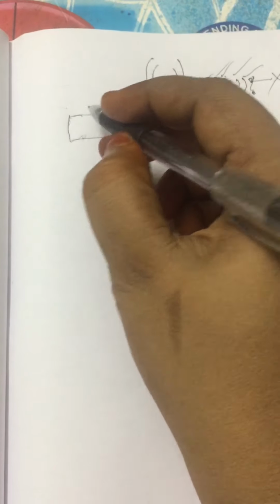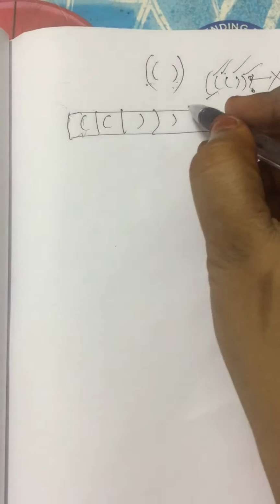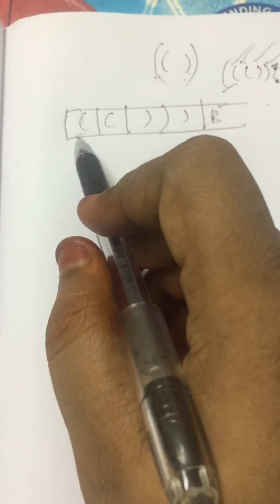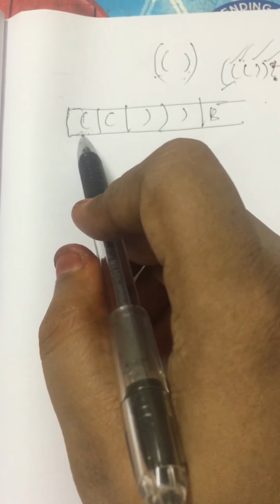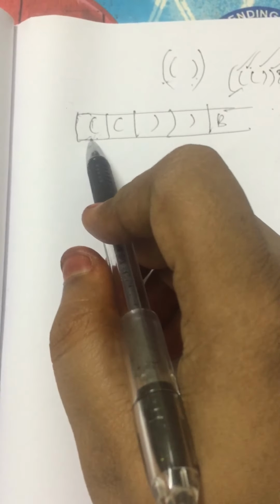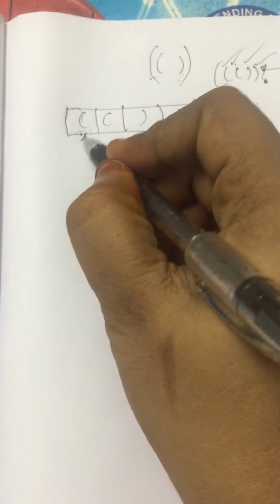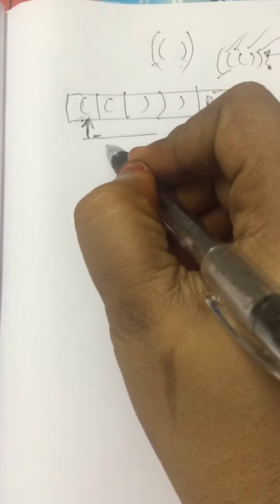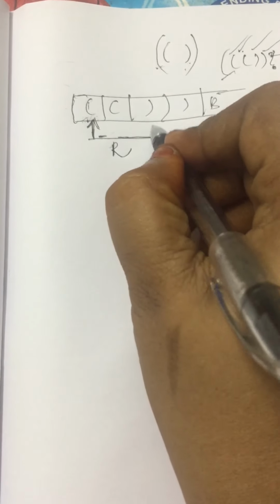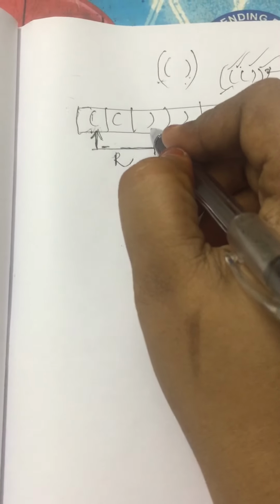See, in the input tape we are going to take that balanced parenthesis string. Now the logic here is the pointer is going to start from this open brace itself, but it is not going to convert it to any other symbol until a closed brace is found. So from here, without converting this open brace, it is going to move to the right direction. Till where? Till it finds the closing brace. So here it is going to find the closing brace.